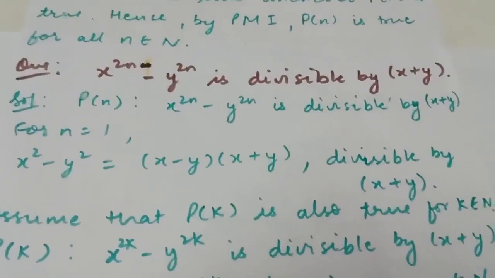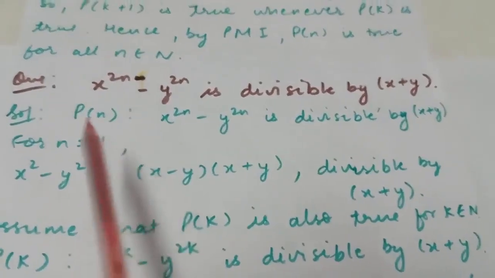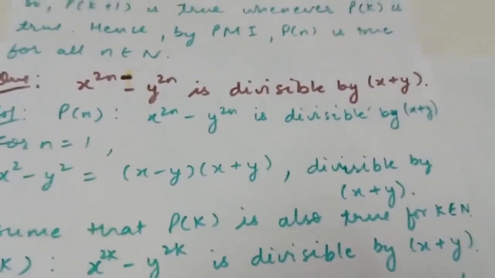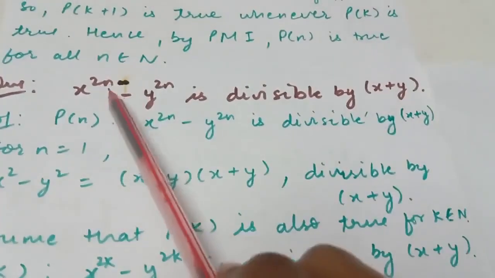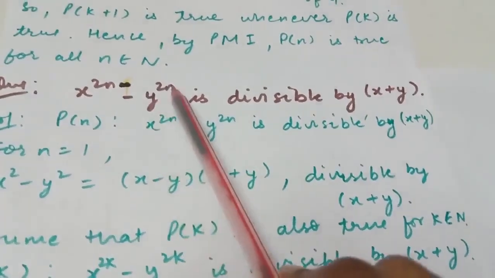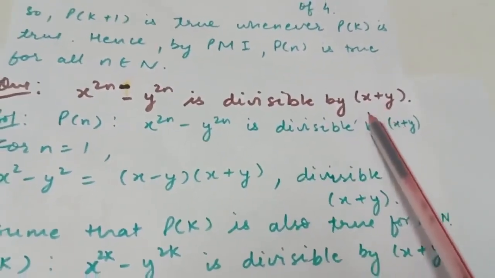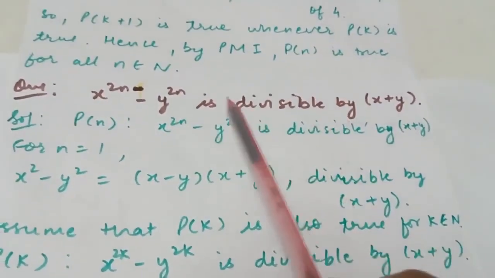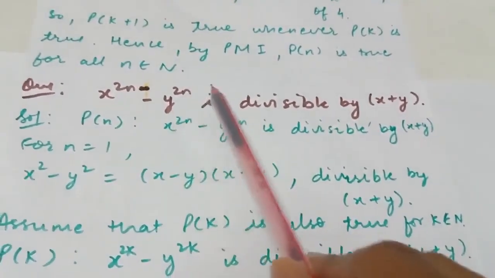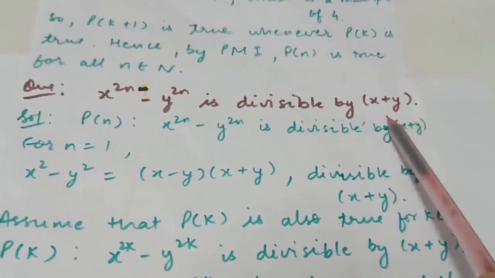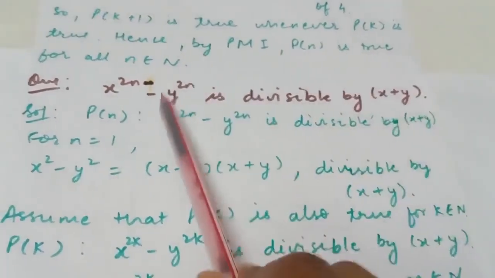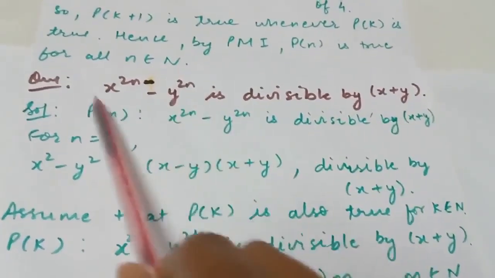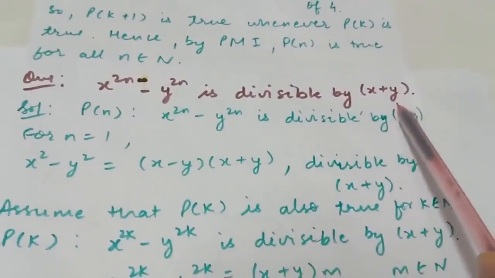So the steps are completely same. Now next question is, show x raised to the power 2n minus y raised to the power 2n is divisible by x plus y. So it is same, it is like multiple only. In place of divisible, we can write it as x raised to the power 2n minus y raised to the power 2n is a multiple of x plus y. Because if x plus y divides this term, it means that this term is a multiple of x plus y.